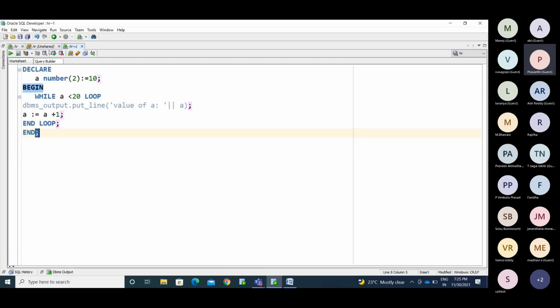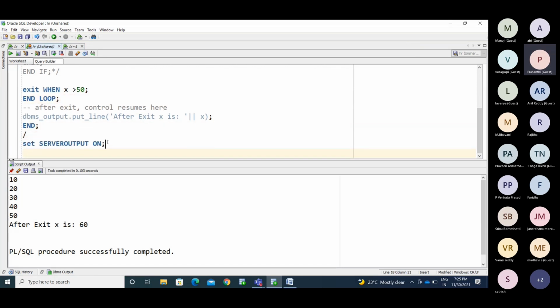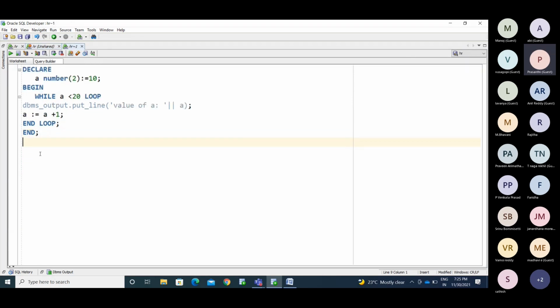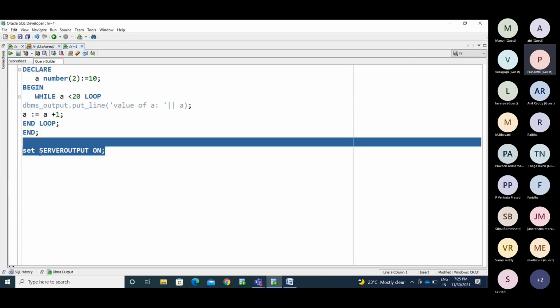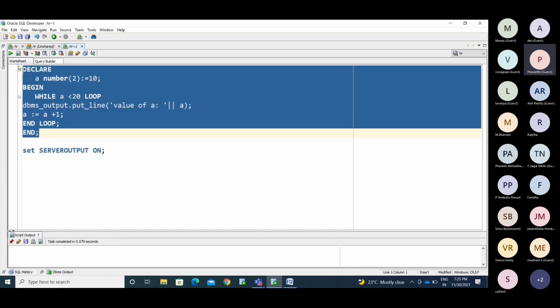So we'll set server output on and run that. Now I'm running the code.